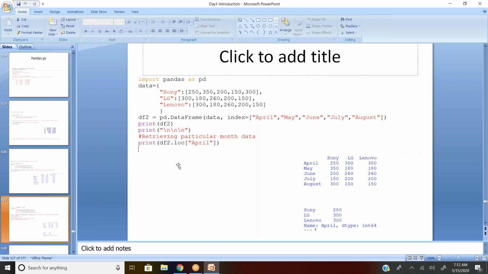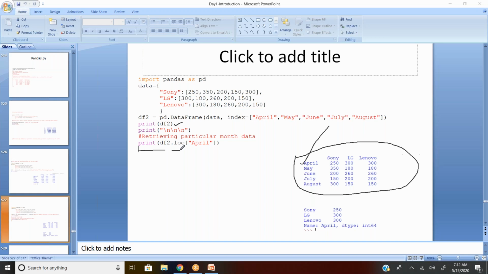Now I want to retrieve data. This is your data frame, nothing but an Excel sheet converted into a data frame in Python. Now you want to retrieve a particular month of the data. For example, I want to retrieve the April month sales from the entire data set. How can I retrieve it? You already created df2, so print df2.loc.